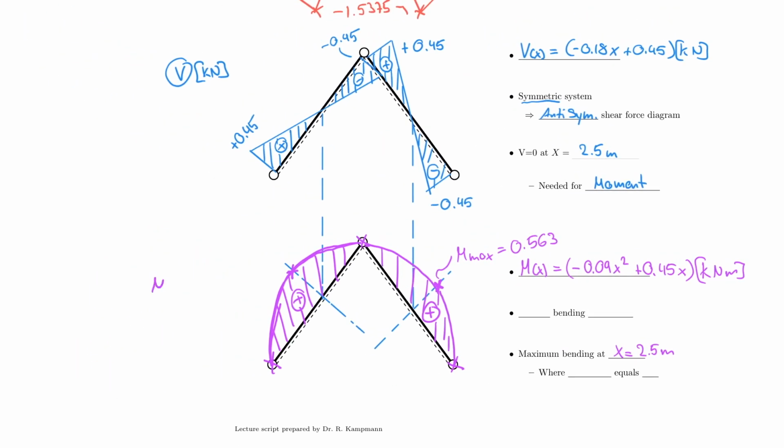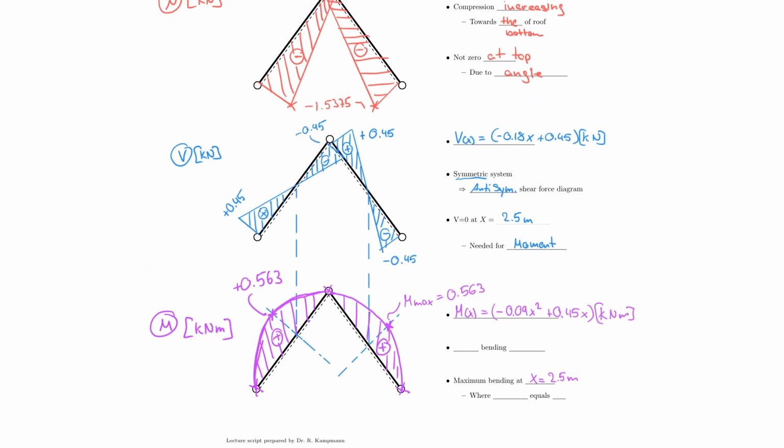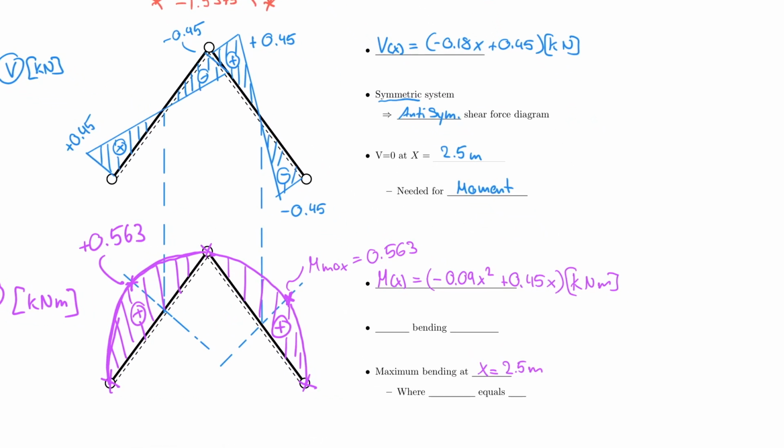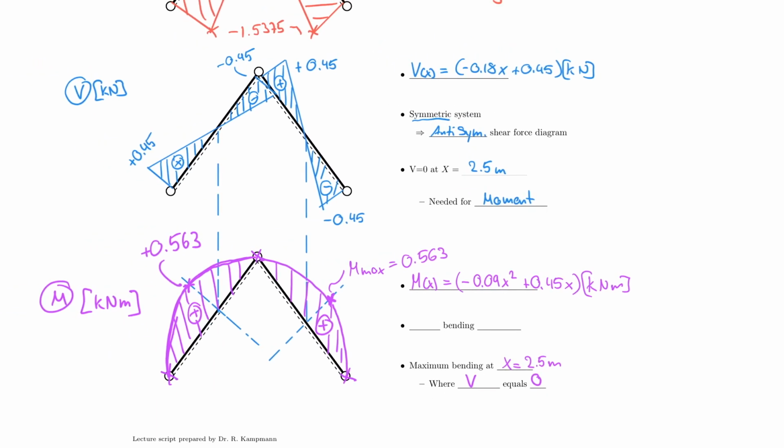In fact, I need to show this here, what my graph is. Kilonewton meters. And here is no different, plus 0.563. And that concludes my moment diagram. So let's take a look, and maybe for completeness, where V is equal to 0. And of course I have positive bending all the way through. So throughout,